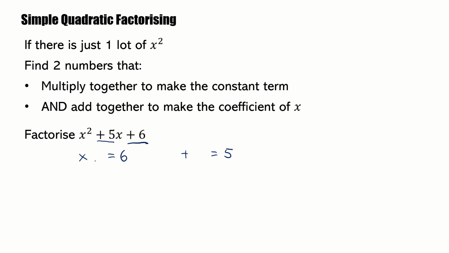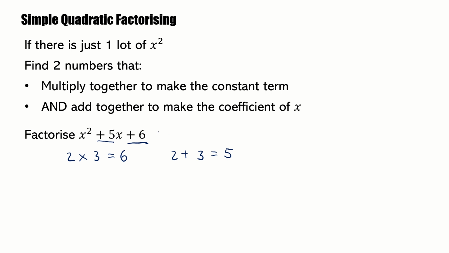So therefore, if we're thinking about 6, there's only two pairs of options: 2 and 3 multiplied together make 6, and 1 and 6 multiplied together make 6. But out of those two options, the one that's going to work is 2 and 3, because 2 and 3 also add together to make 5. So that is our example, and to finish it off, what you've got to do is once you've